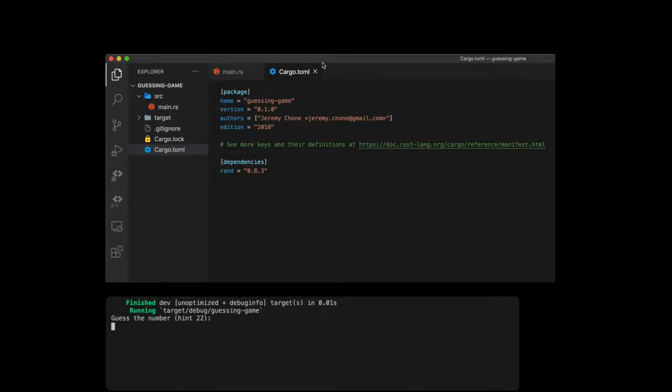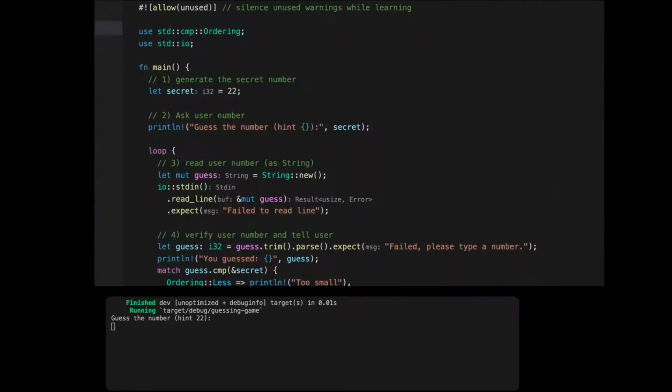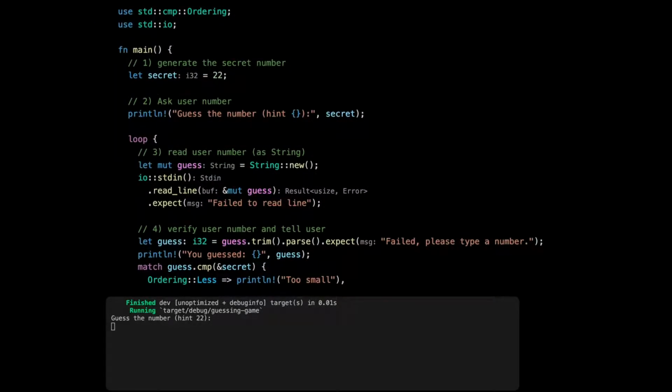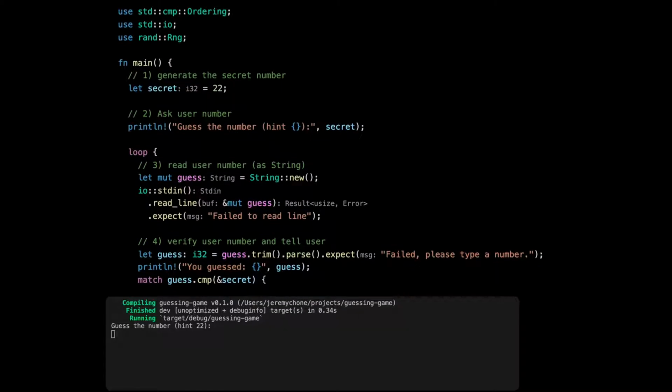And we go back to the source and we zoom back into main. Now at the top here, we need to use this library. The same way that we are using standard libraries, we are going to use the use keyword. So we are going to type use rand, and then within the rand module, there's our Rng type. Once we have done that, the rand module is inside our application now, so we can use it in our code, and we are going to change the 22 by